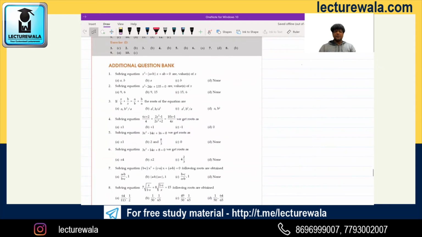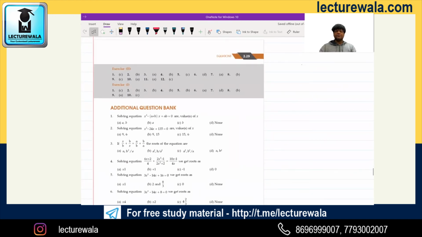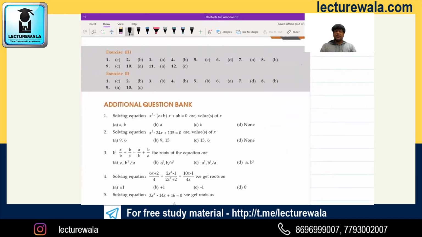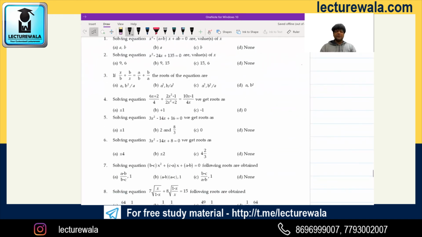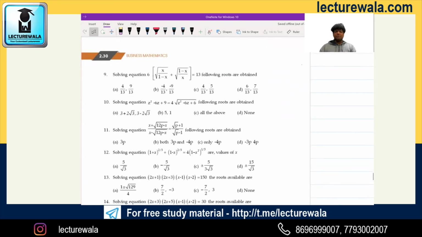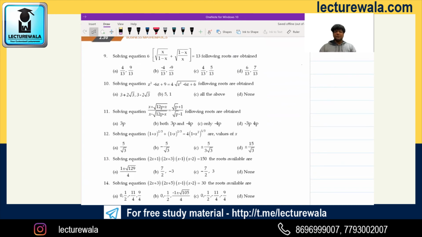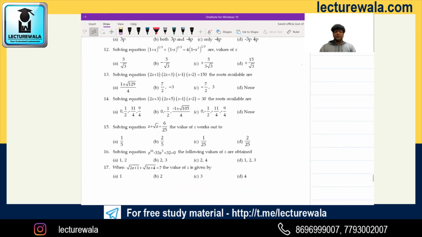And then additional question bank. Questions are easy also and difficult also, guys. See, solving equations for real values of x. These things you can either solve or by put by option and check. See, 5 number, 6 number. So if you ask me, sir, these questions they can ask in exam. Obviously, they can ask. Solution very lengthy, then only. Like this class, question number 12, a little bit lengthy, guys. Question number 13, 14, okay.